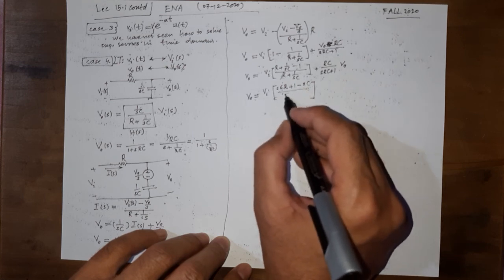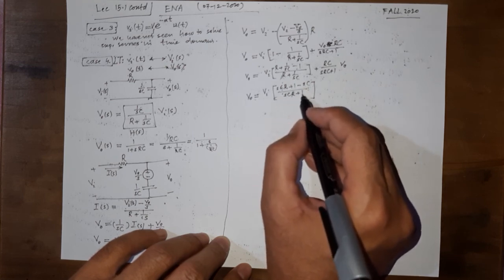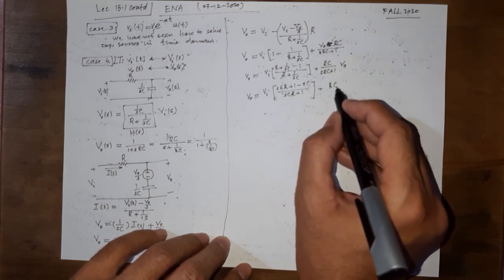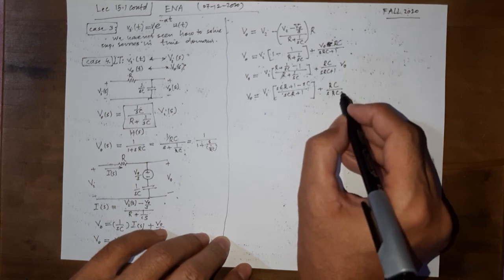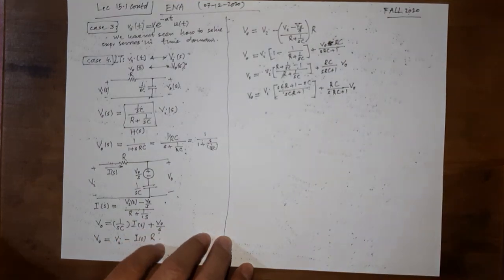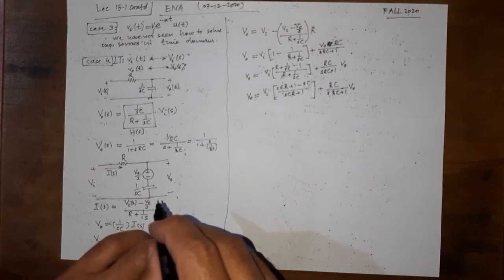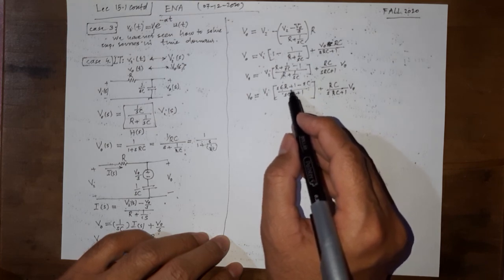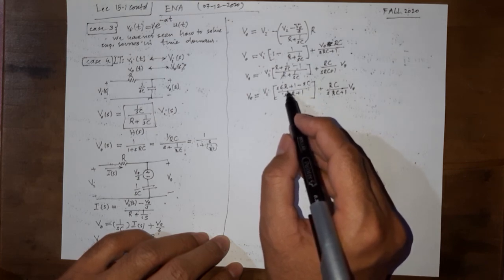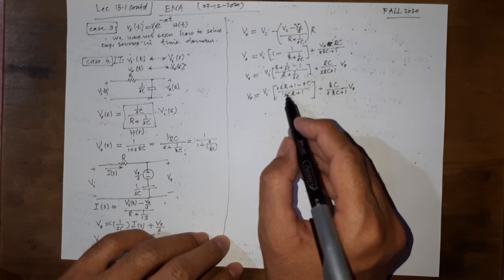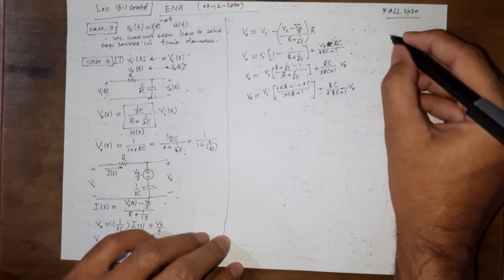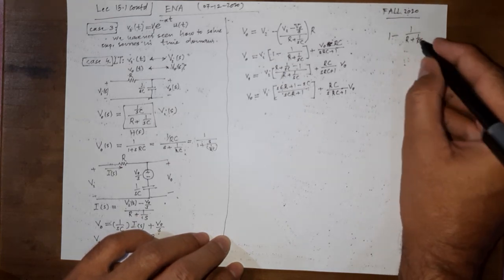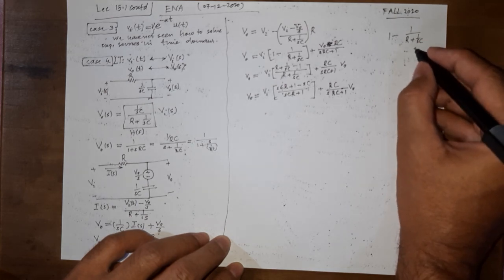Somehow this is not feeling good to me, but I may be wrong. This should have cancelled actually. Let me solve this again. 1 minus 1 over R plus 1 over SC. We can write this as SC